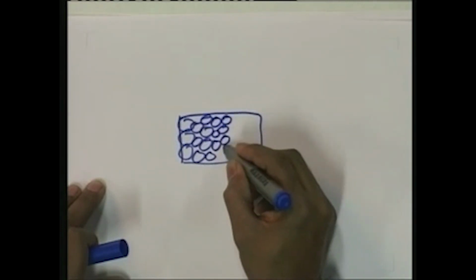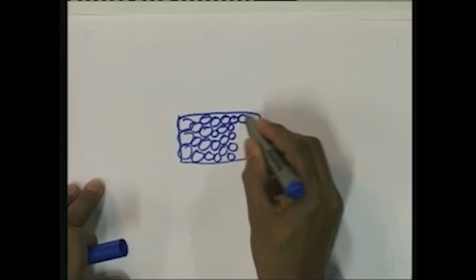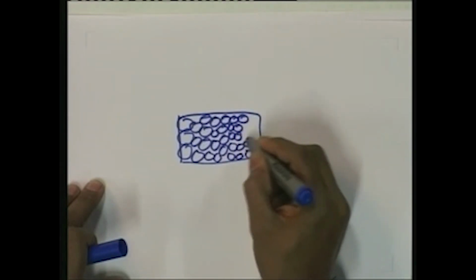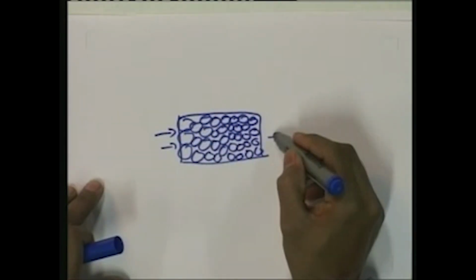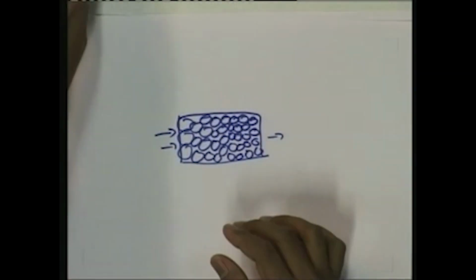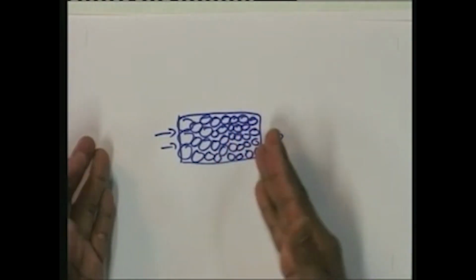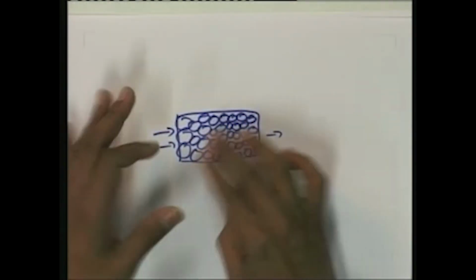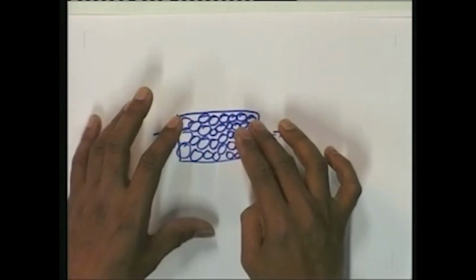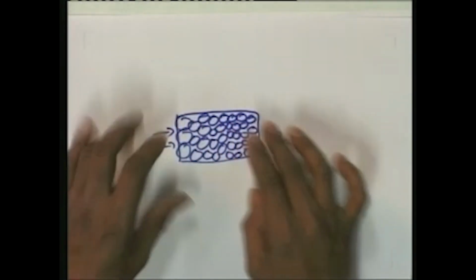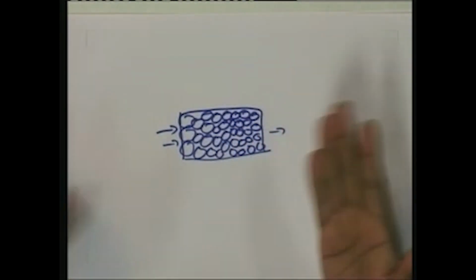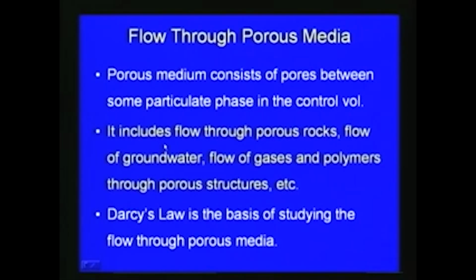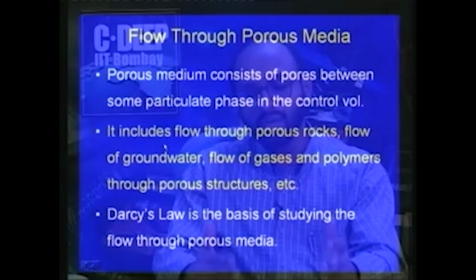Navier-Stokes equation for this kind of flow problem. Here also the velocity will be so low that we can approximate the flow as coming like this and going through this. The flow takes place through the pores only, and on the particles, like a sand particle, the velocity will be much lower through the interstices of the medium. So, here we can use the Navier-Stokes equation and approximate it as creeping flow, and generally the basic equation for porous media flow is